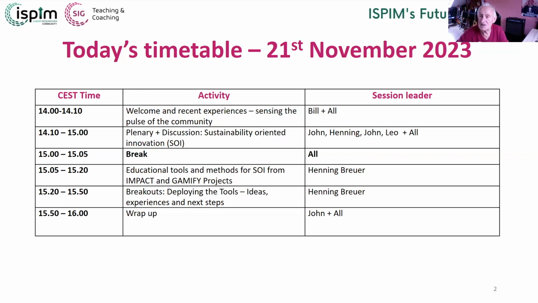And this workshop today is very much focused on a thematic thing. How do we take a big theme, sustainability, and deliver that effectively? And there was an opportunity to align with the work, particularly of Impact and some of the other projects which ISPIM colleagues have been working on, and slightly extend our reach for this particular session. So we've got a wider group, a more diverse group, but hopefully one that will get stuck in. It's a workshop. That's the most important thing. Please don't sit back and expect everything handed on a plate. This is about sharing ideas and experiences. But welcome to those who have not joined before, and good to see you all. Bill, back to you.